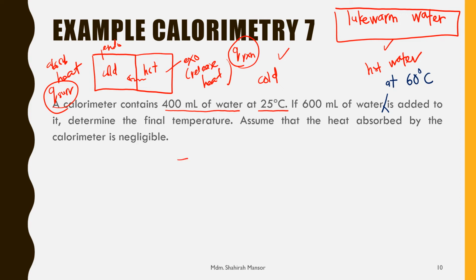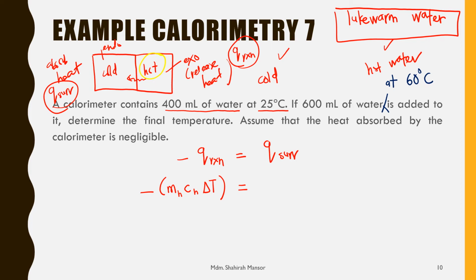Kita akan gunakan konsep negative Q reaction bersamaan dengan positive Q surrounding. So, yang mana satu Q reaction kita panas ataupun sejuk? Yang sejuk ini adalah kita punya Q surrounding. Okay, so nak gunakan formula apa? So, that will be negative mass of hot water darab dengan specific heat capacity of hot water times delta T equals to,